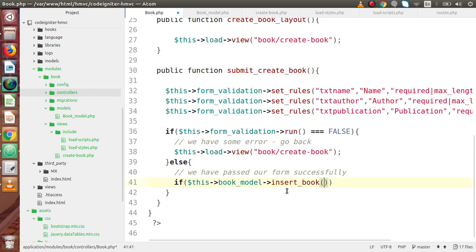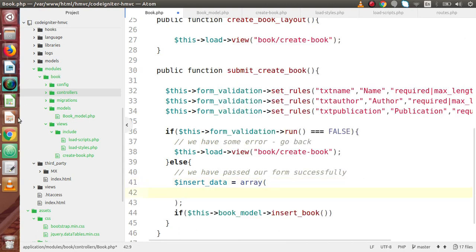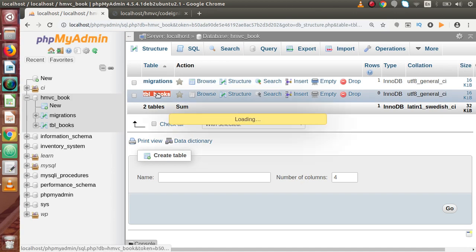Now inside this we have to pass an array, meaning an array of data. So let's say insert_data equal to array,